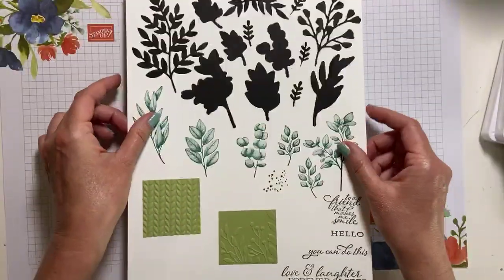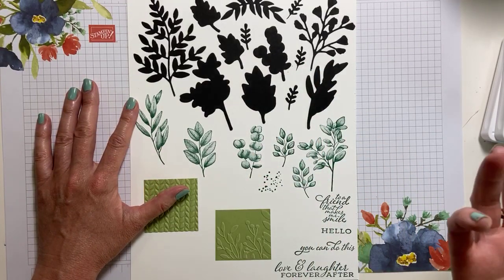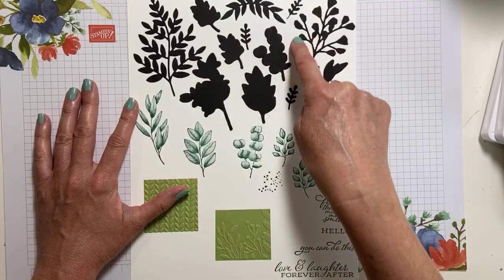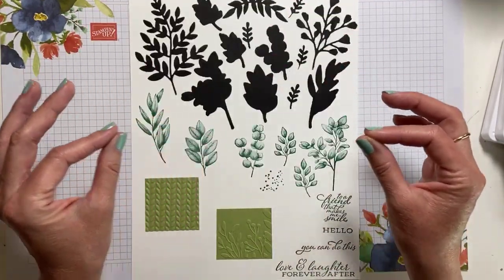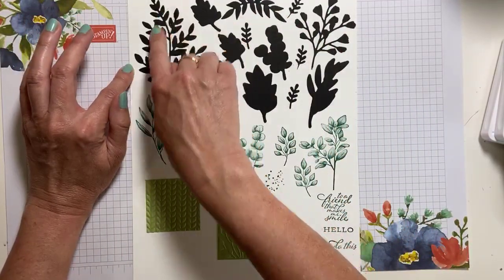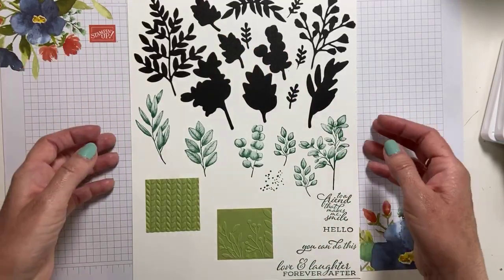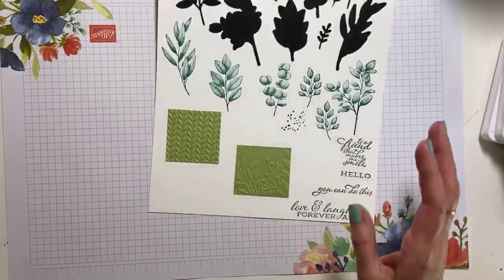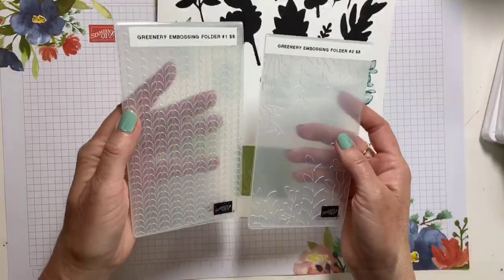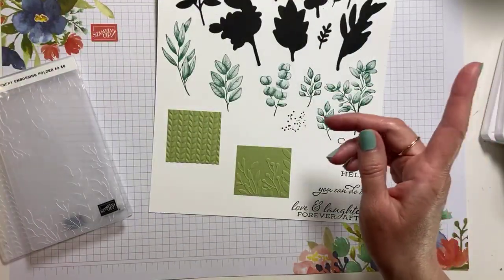Then on this side, I cut out all of the die pieces. And take a look at this. This is pretty amazing because we have 1, 2, 3, 4 little leaflets, so it makes cutting things out super easy. We've got some nice outline here, and then here are for our stamped images, and we'll be doing some of that today. There are 2 embossing folders that come along with it. Now, these are the new mini embossing folders. We've got Greenery embossing folder 1 and 2, and they come in this little mini pack because if you looked in your